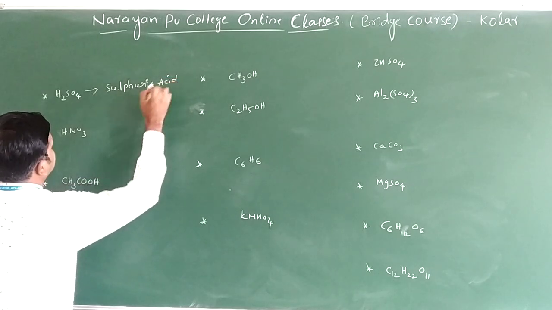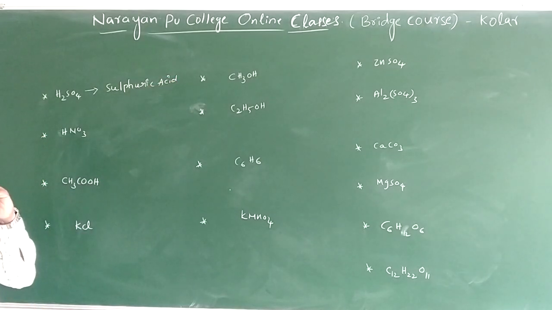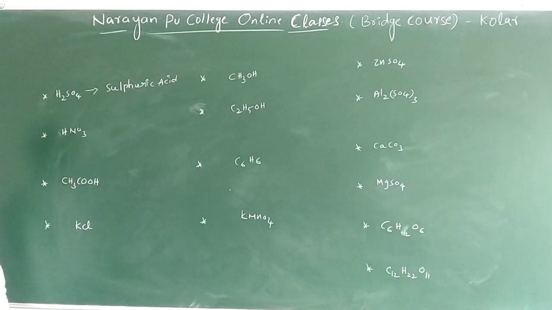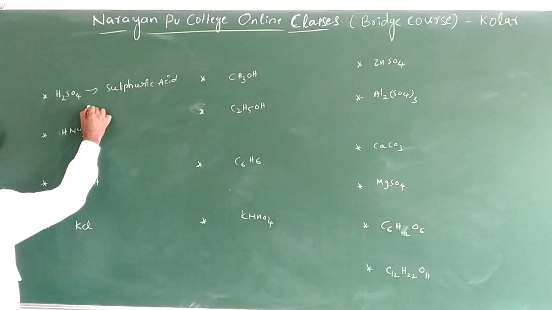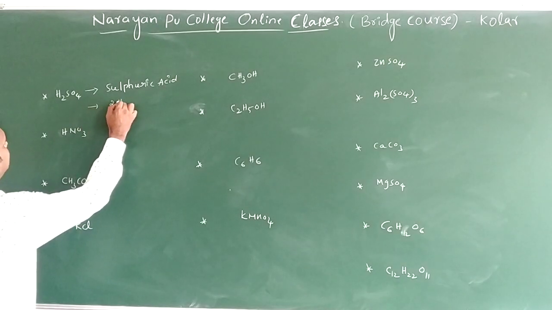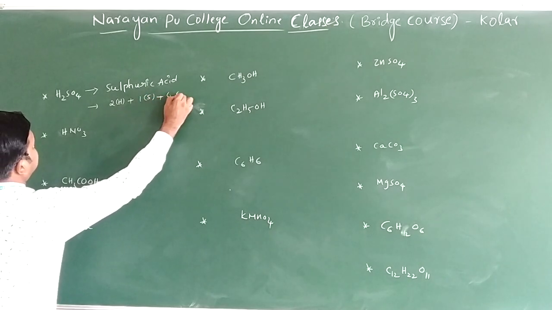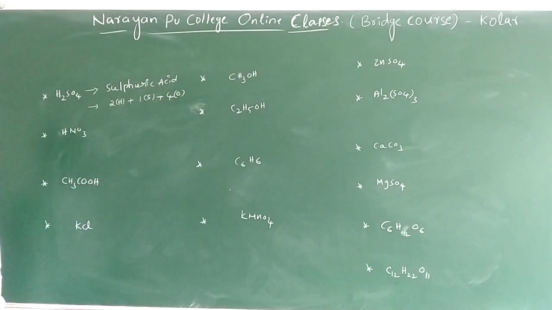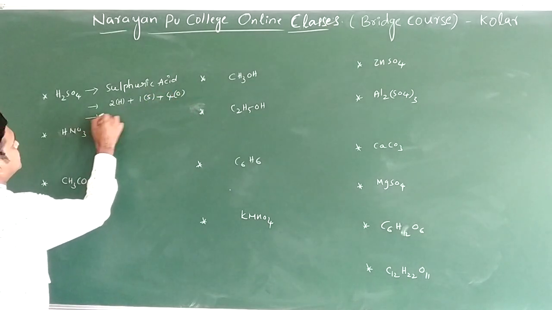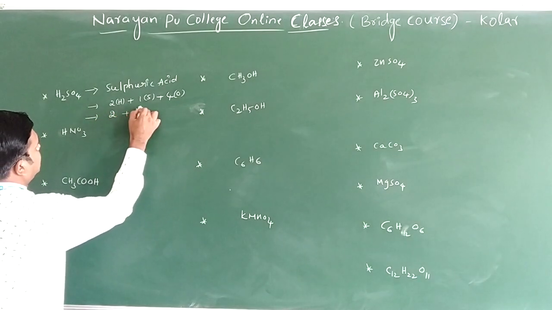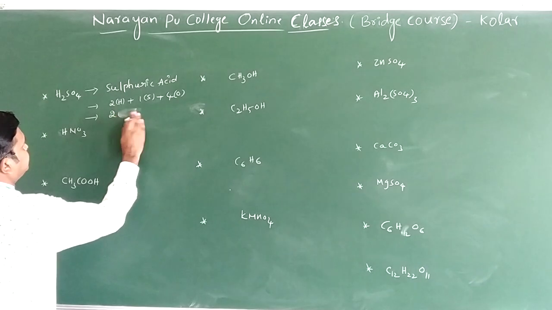Sulfuric acid. Sulfuric acid is called the king of acids. Generally, we want to find out the molecular weight of sulfuric acid. So directly I am writing here 2 hydrogens plus 1 sulfur plus 4 oxygens. 2 hydrogens means 2 into 1, plus 1 into you will write it,